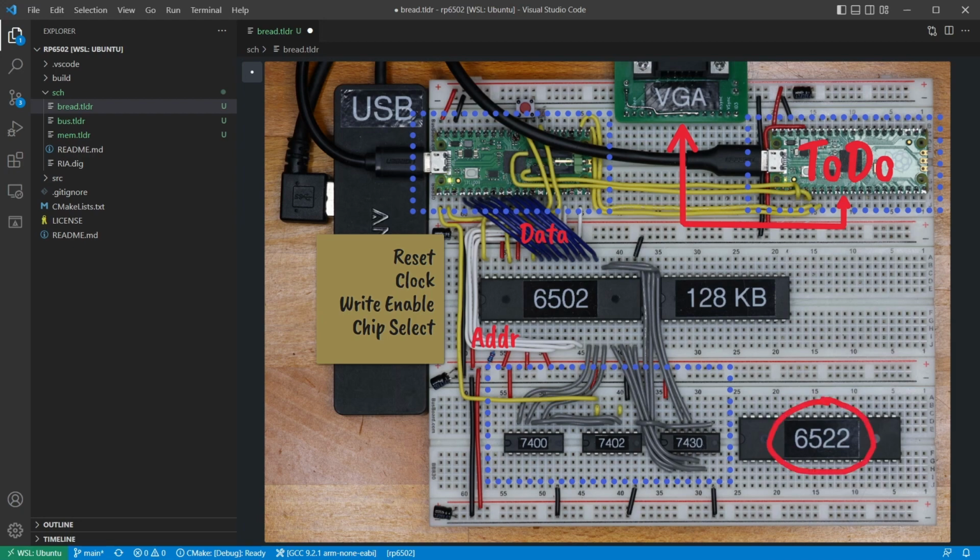Let's talk about the 6522 first. This is a versatile interface adapter, or VIA. The 6502 is a microprocessor, not a microcontroller. The difference I want to emphasize is that it doesn't have general purpose IOs. It also doesn't have any timers. A lot of 6502 software expects timers that can trigger interrupts, so the Pico computer will allow for an optional 6522. In a vintage computer, the GPIO pins of a 6522 would be used for things like keyboards or disk drives. But since we get all that from the PyPico, all these pins will be available for your projects.